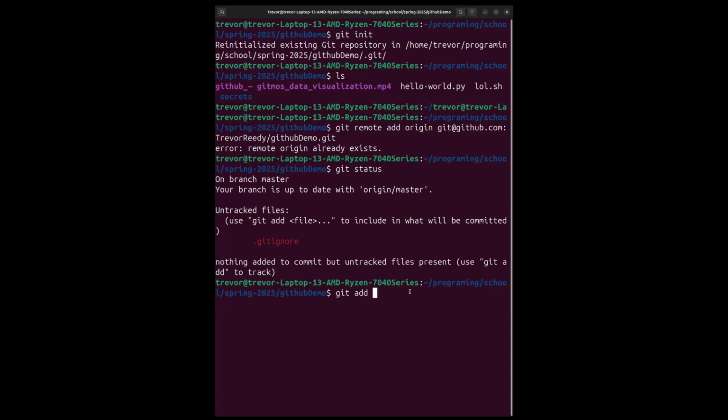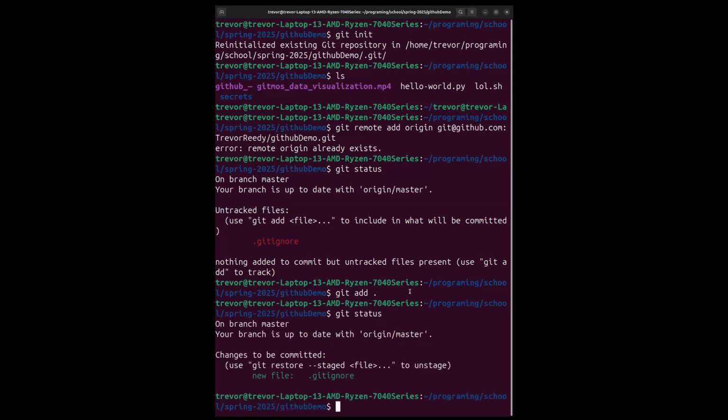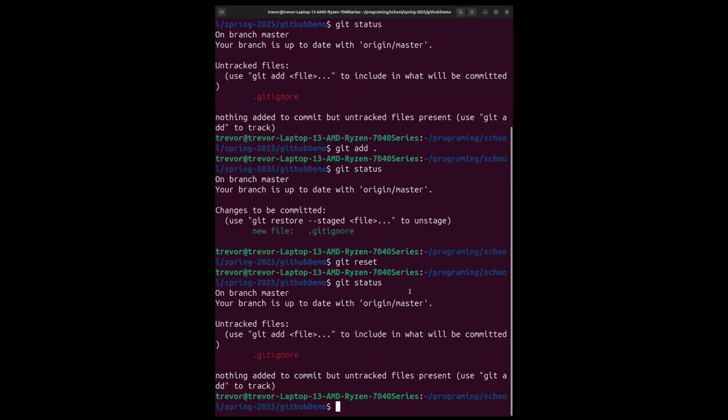You will see some people do git add period, which means add everything to the tracked list of files in your directory. This will ignore your git ignore. So if I do git add period, and then I do git status, which shows me the staged directory here, it actually added the git ignore file there. To revert that, you can always do git reset, and it will totally remove it for you.